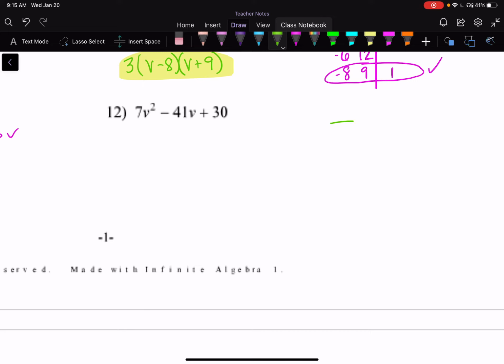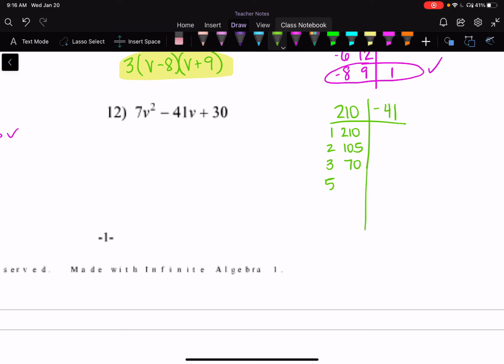Now I'm going to do my a times c chart. So 7 times 30 is going to give me 210, and my b value is negative 41. This is going to be a larger chart than usual, so make sure you're using your calculator for this problem. Take 210 divided by x and find all my factor pairs: 1 and 210, 2 and 105, 3 and 70,